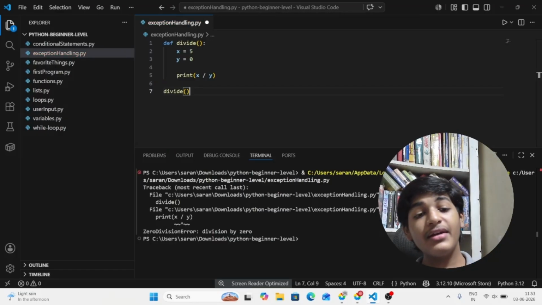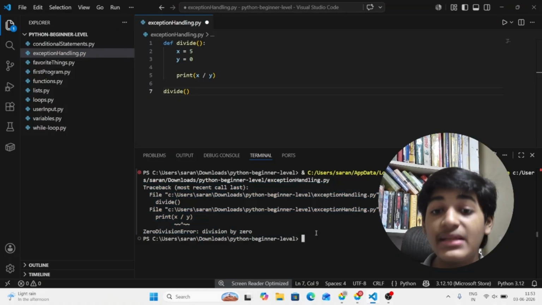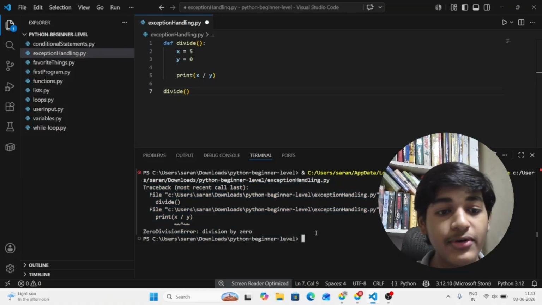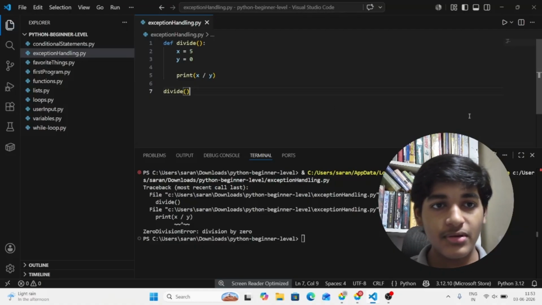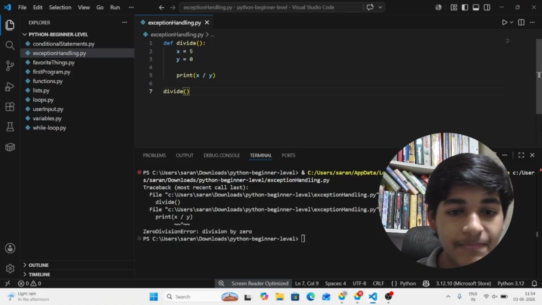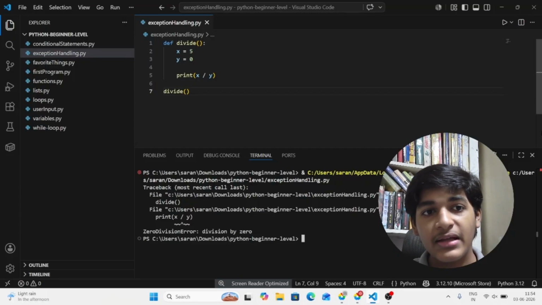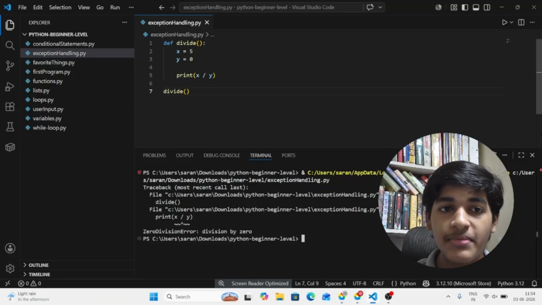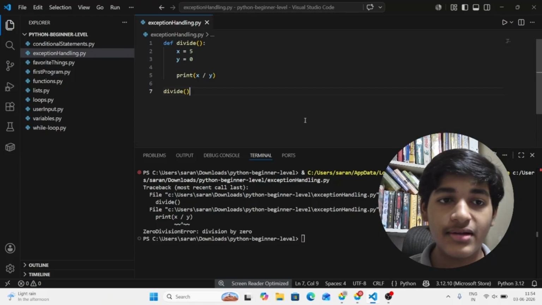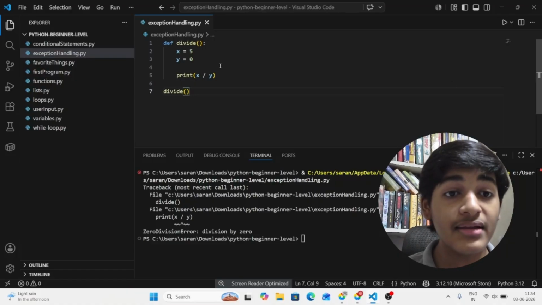As you can see, when I try running the code, it displays this long error message, like from this file, in this line, in this module. When creating scalable applications, normally applications throw a custom message to the user, which would be: division by zero is not possible, kindly enter any other number other than zero. Now let's try to handle this error. In order to handle this error,